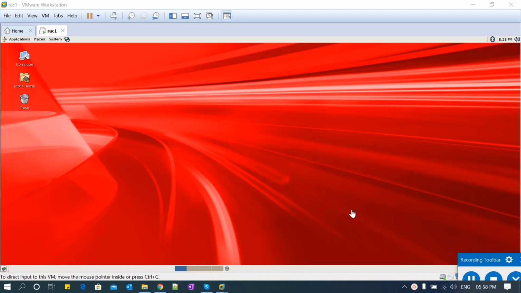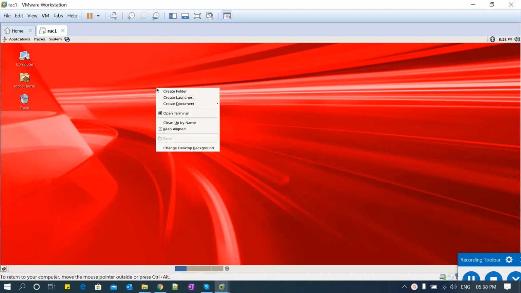This is Mallikarjun. In today's session, I'm going to explain how to install Oracle Home or Oracle binaries using GUI mode. I'm using an Oracle Enterprise Linux machine on VMware Workstation. So currently, I have logged into my Linux box.